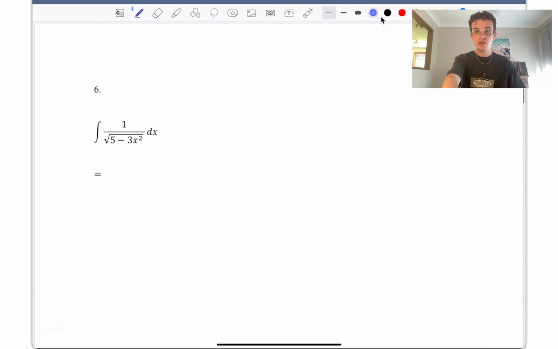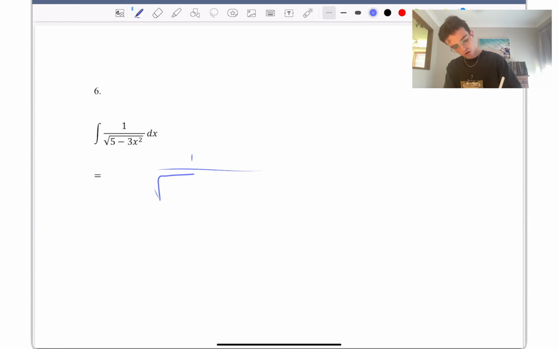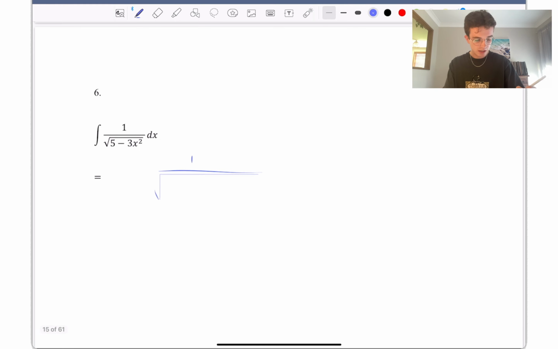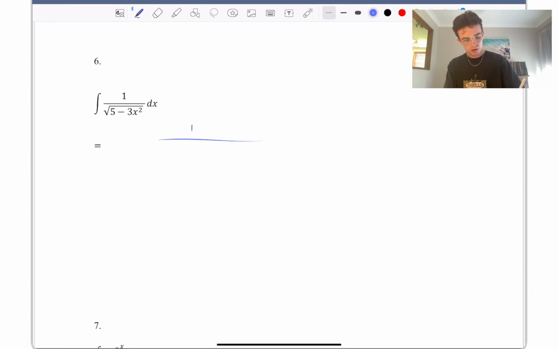Okay, question number 6. We've got the integral of 1 over the square root of 5 minus 3x squared dx. Again, to get it in the form we want, we would like a 1 here, which we don't have. So I need to divide everything by 5 and take out a factor of 5. So this is going to be 1 over the square root of 5 brackets 1 minus 3 on 5 x